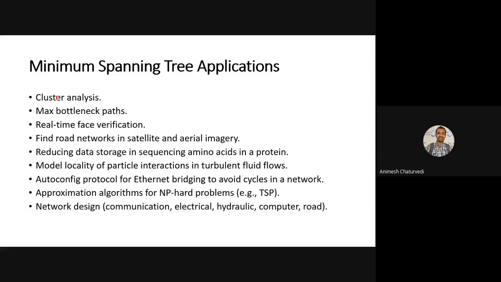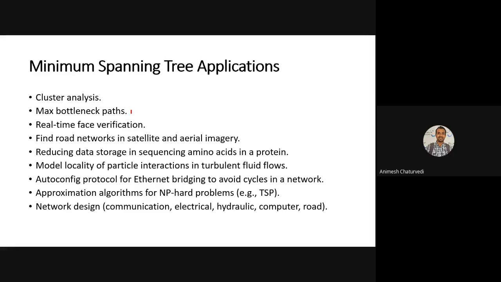Minimum spanning trees are applied in cluster analysis in data mining, bottleneck path analysis in roads and in computer networks, etc. Real-time face recognition, like there are face recognition softwares which actually create a minimum spanning tree from eyes, nose, and lips.